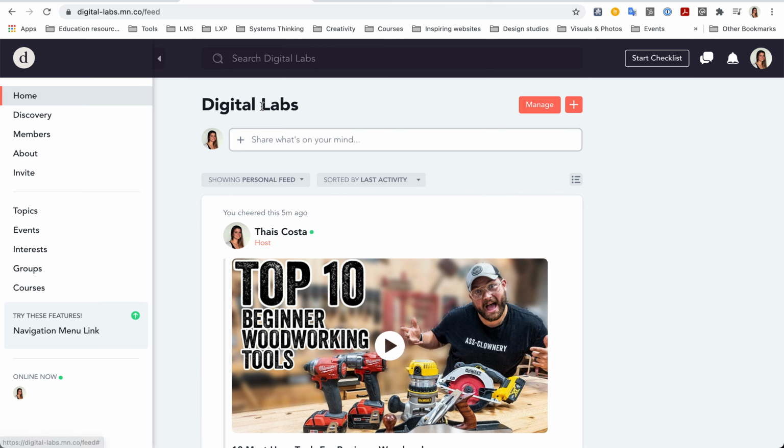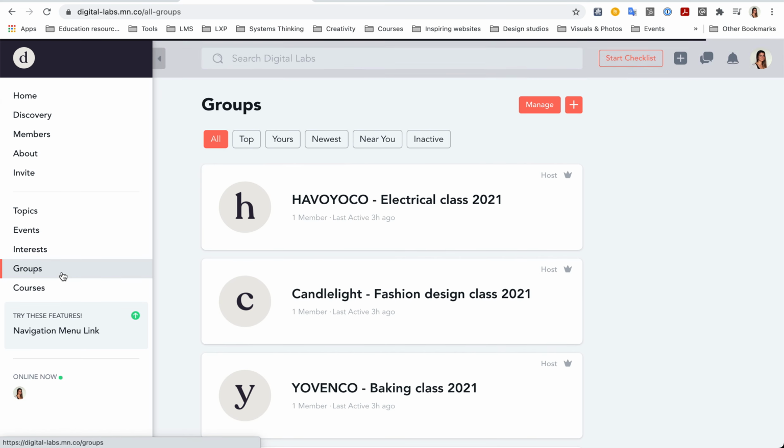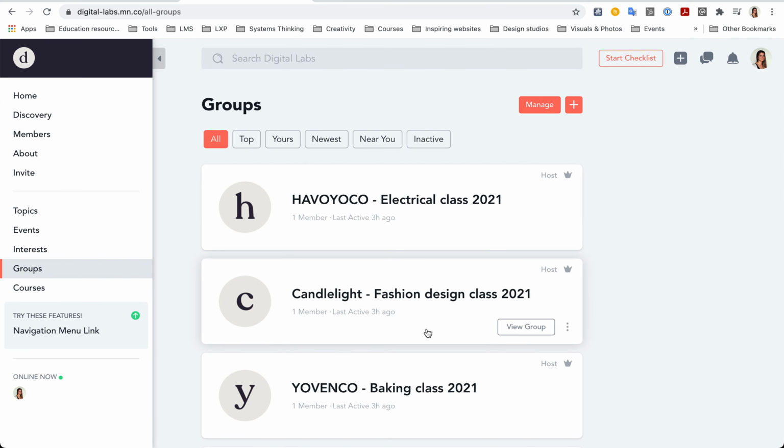But I would see the Digital Labs network as maybe separated by country. So this is Digital Labs Nigeria, and then all TVET centers of Nigeria are here, and then within the groups we have them separated by the TVETs. The only thing is that then, of course, there will be a lot of classes. So yeah, maybe this is something to explore, if it truly works. But it's an alternative,